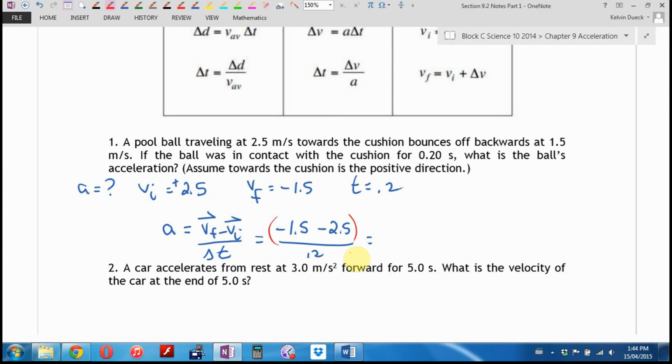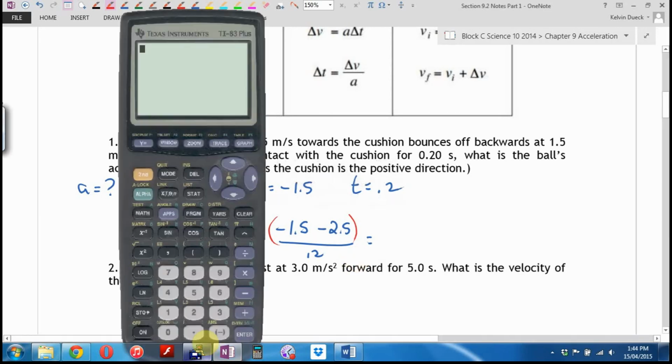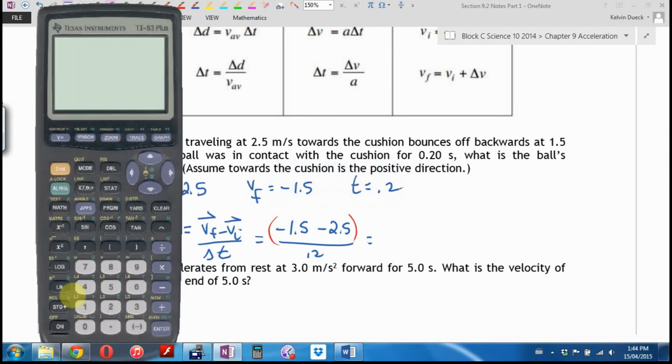What is the acceleration? So on my calculator, it's going to look like this. Bracket negative 1.5 minus 2.5 divided by 0.2. And if you got a good calculator, great. You don't need one, but it helps. And I'm getting an acceleration of,